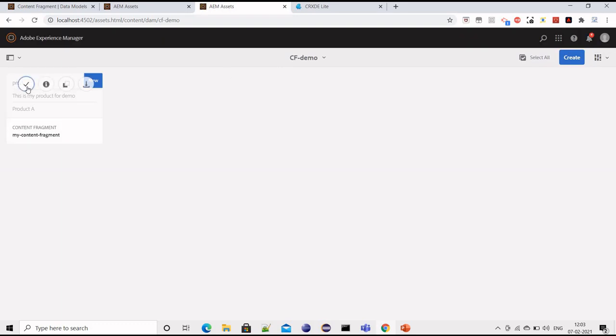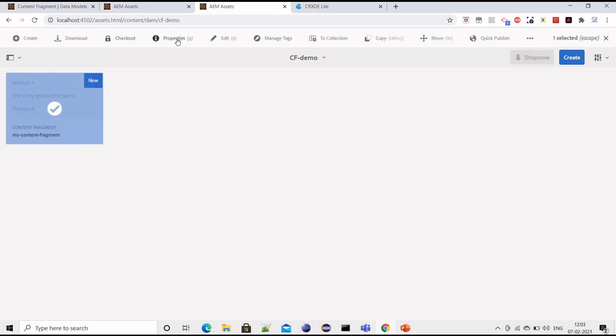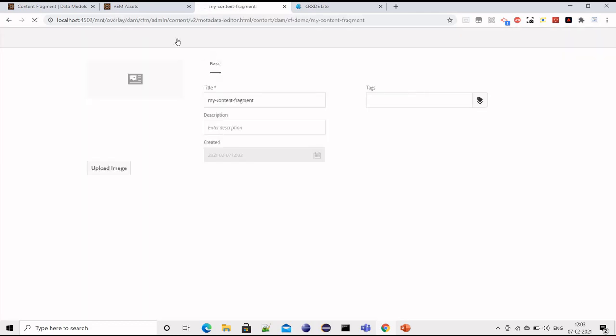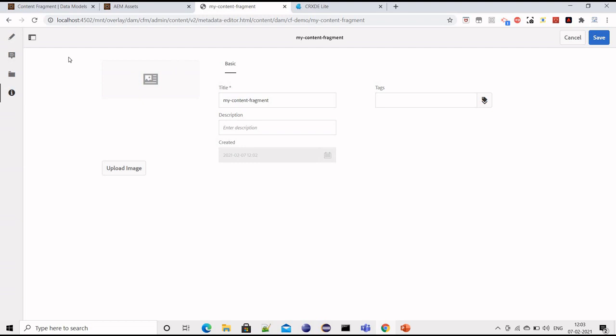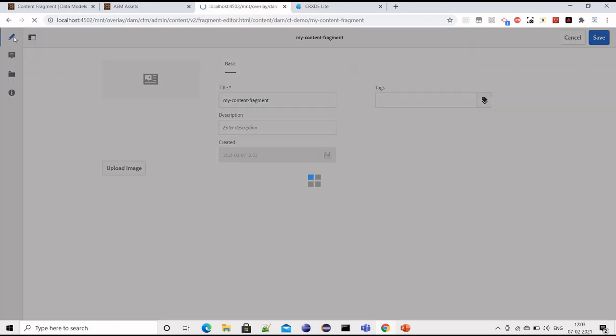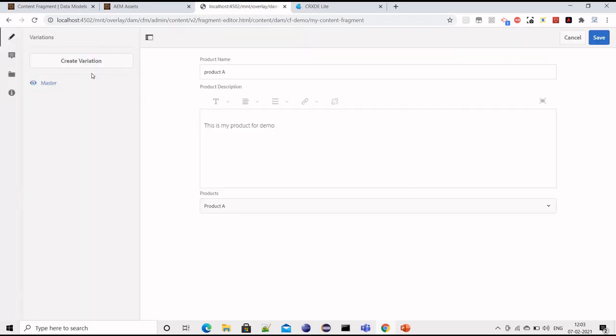Now within our content fragment we have different options available here. Those are out of the box features. Let's quickly go through what features we can leverage. The very first thing is we can create variations of a content fragment. For example, this is a master copy, but maybe we want to create a version 1, version 2, and based on needs we can synchronize with the master, or replicate it from master to version A or version B, or vice versa.